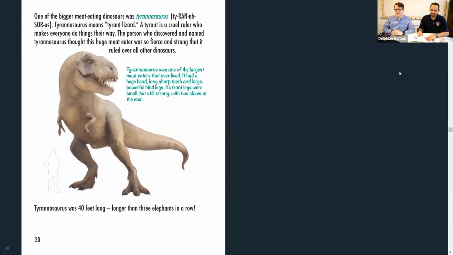It had a huge head, long, sharp teeth, and large, powerful hind legs. Its front legs were small but still strong, with 2 claws at the end. Tyrannosaurus was 40 feet long, longer than 3 elephants in a row. And you can see on the page there kind of a little outline of a man. I am so glad that we did not exist on this planet at the same time as that guy.